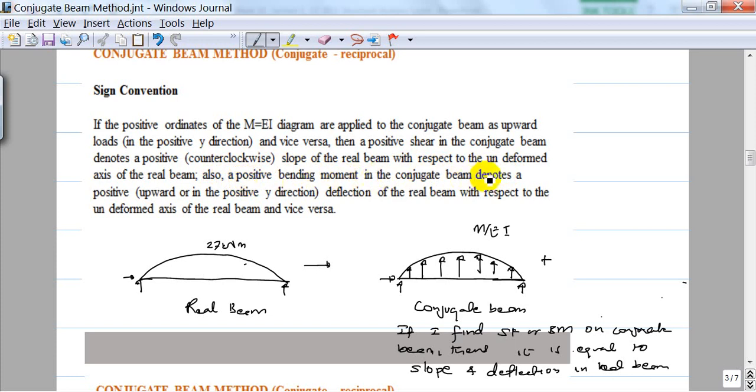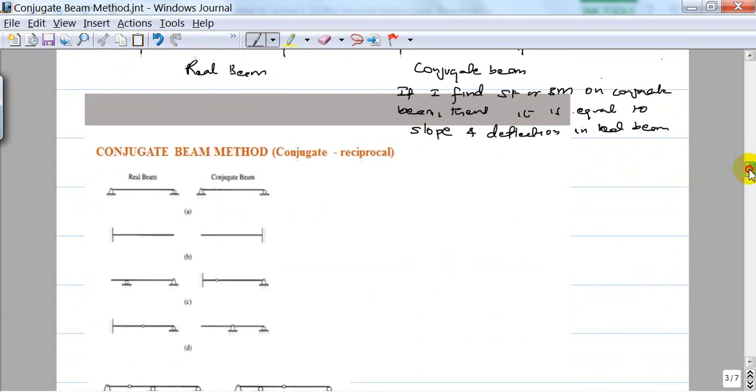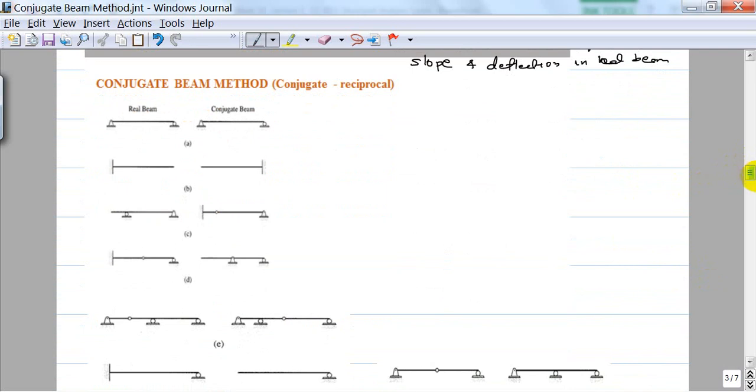Also, a positive bending moment in the conjugate beam denotes a positive deflection of the real beam with respect to the undeformed axis of the real beam, and vice versa. So if it is a positive bending moment, you get a positive deflection, meaning upward deflection. If it's a positive shear, your slope is positive, meaning counterclockwise rotation. So it is very simple, the sign convention when it comes to the conjugate beam. Now look at some examples of how to convert a conjugate beam to a real beam, or a real beam to a conjugate beam. Now if you look at this case,